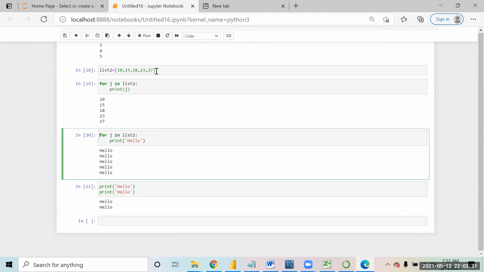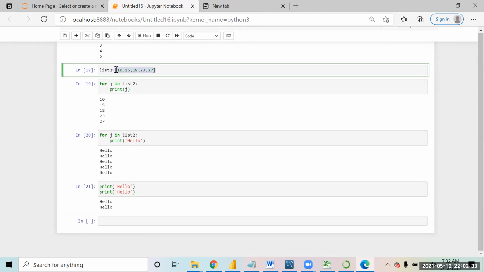How many items do I have in this list? 5 items. So if you want the loop to run 5 times, I have created a list with 5 items in it. If you wanted the loop to run 10 times, you would create a list with 10 items. So that is for the number of times the loop has to run.